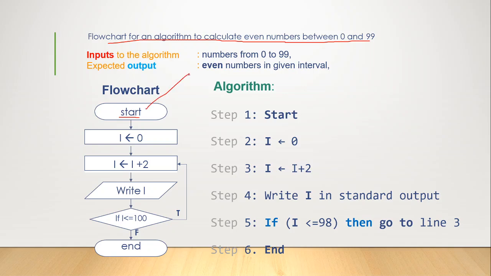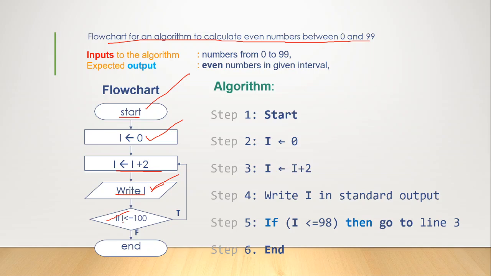We start the program, then we initialize I equal to 0. In the next step we increment I by 2, and then we write or display I. Suppose I is equal to 0 firstly, then in the next step 0 plus 2, I is equal to 2, and then we display the value of I, that means 2, and in the next step we check